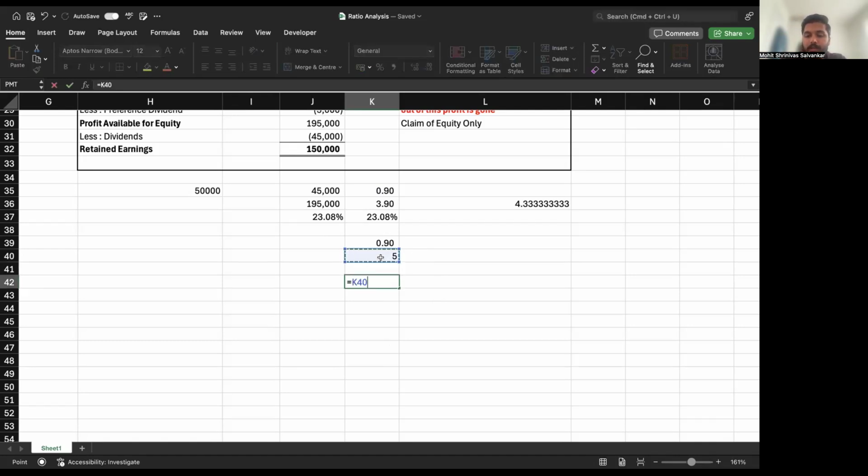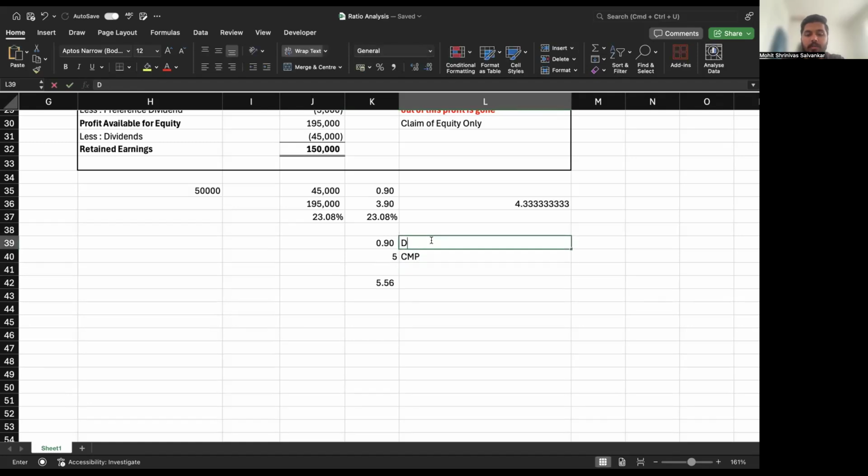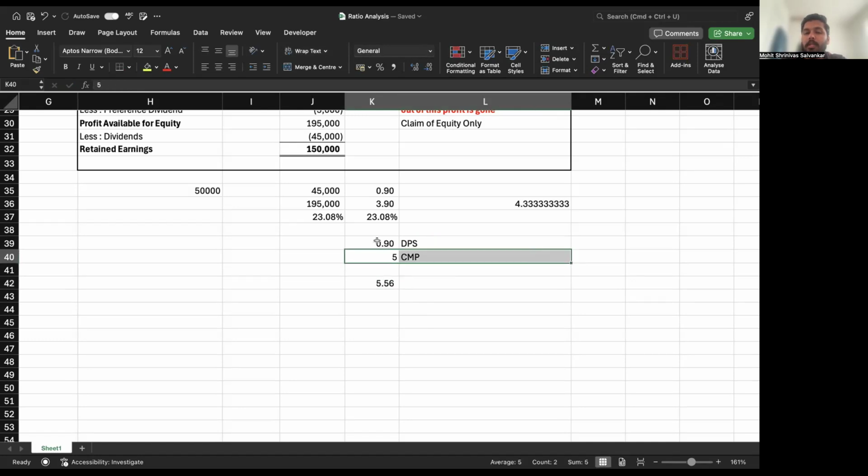So it's like 5 divided by 0.9. It will take 5.56 years, or 5.56 times of dividend, to get a payback of our current market price. Current market price, dividend per share. So what's the formula? Current market price divided by the dividend per share is the number of times that you